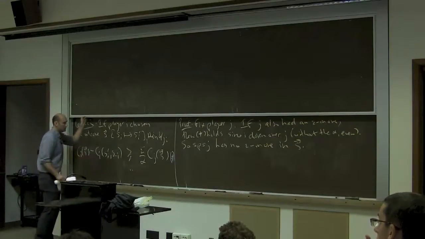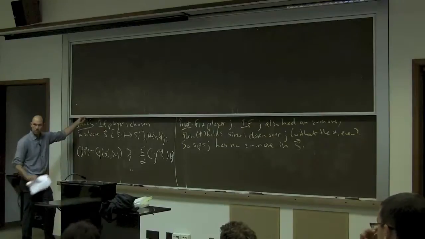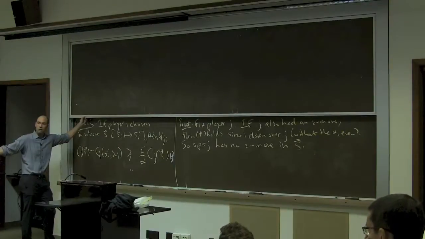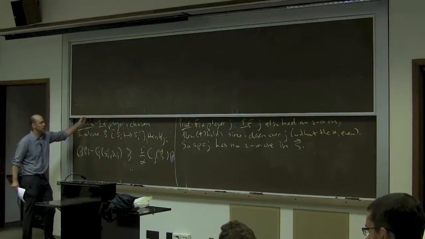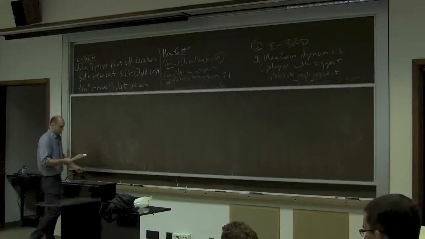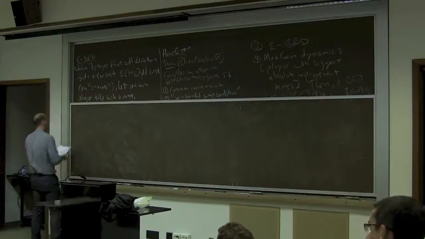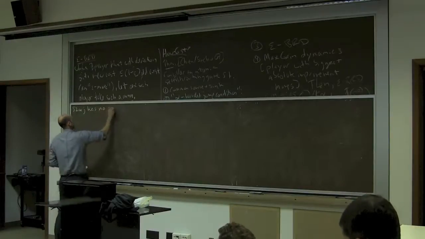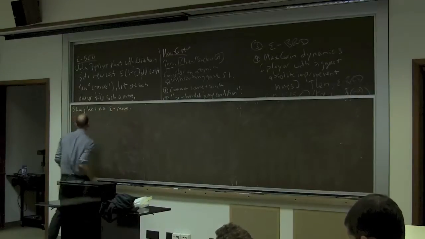So that's what we're going to do next. So J, remember, has no epsilon move. Nothing drives its cost below 1 minus epsilon times its current cost. In particular, S prime I does not drive its cost below 1 minus epsilon times what it is right now. So since J has no epsilon move,